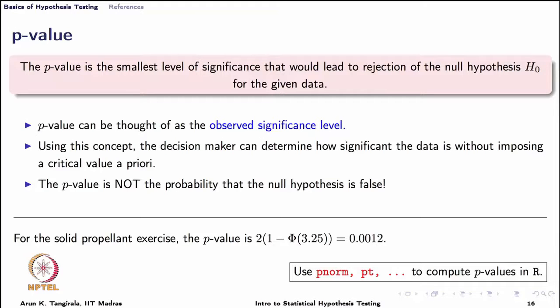How? I compare the P value with the fixed significance level, let us say 0.05. If the P value is greater than alpha, then obviously the test statistic is in the acceptable region, and if the P value is less than alpha, then clearly the test statistic falls in the critical or the rejection region, and I can therefore say reject H naught. So, now you can actually use pnorm or pt or pchisq and so on to compute your P values. We will cite P values whenever we go through a hypothesis test.